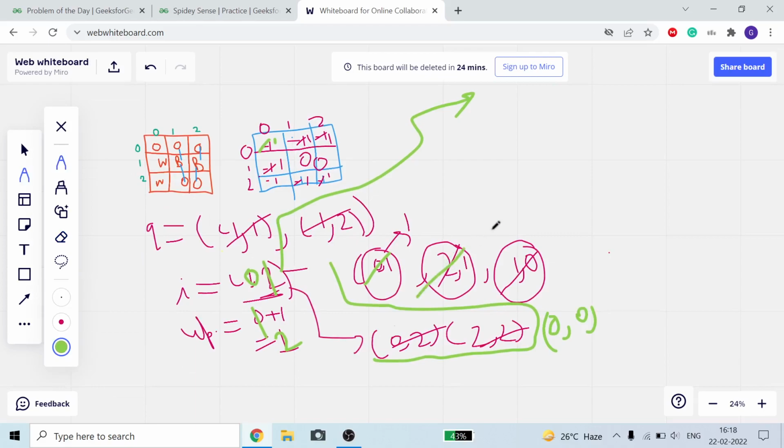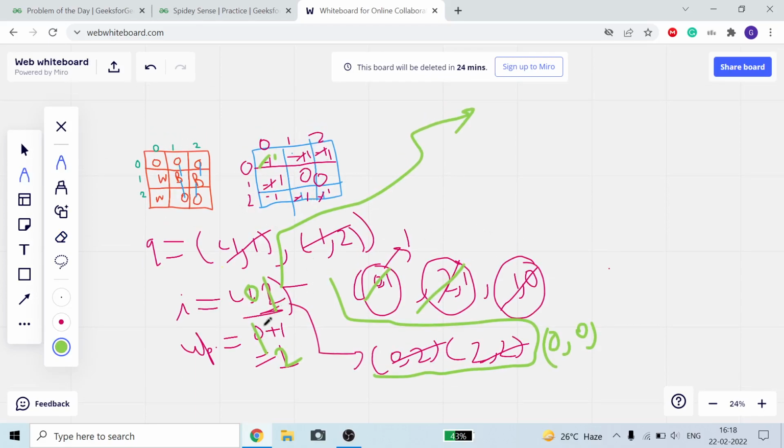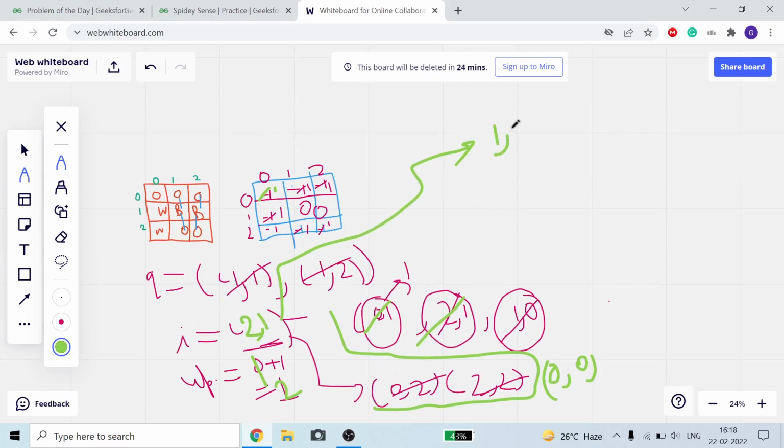Okay, so now we will take 2 comma 1. The cost of 2 comma 1 is 1. I just erase and write it again. Now from 2 comma 1 we can go to 1 comma 1, we can go to 3 comma 1, we can go to 2 comma 0, and we can go to 2 comma 2. 1 comma 1 is 0 and cost is equal to 2, so we will not go there. 3 comma 1 cannot exist because row number 3 does not exist. Now 2 comma 0 is minus 1, so we will update it as 2.